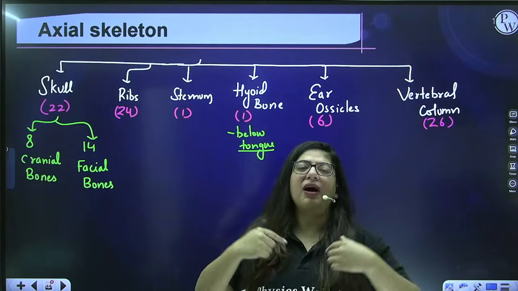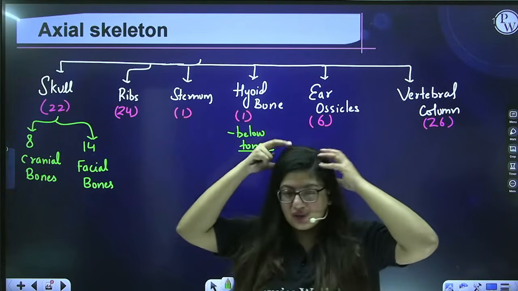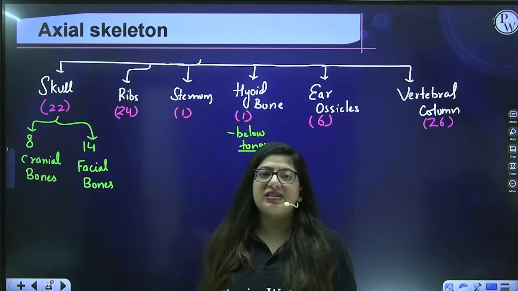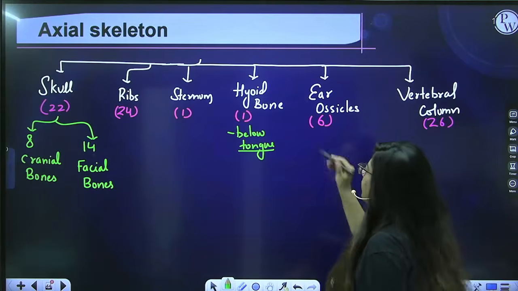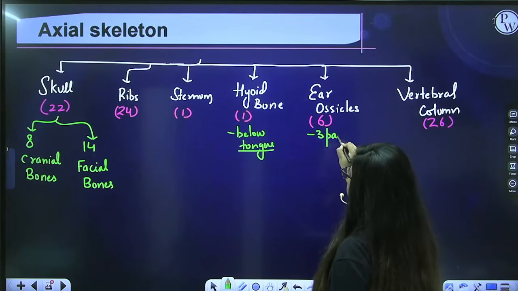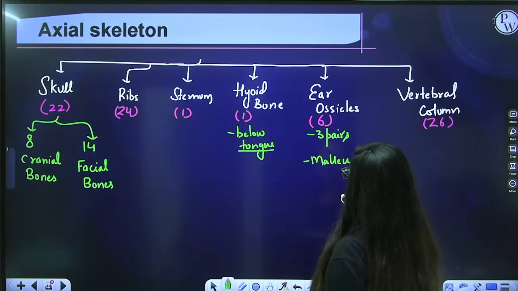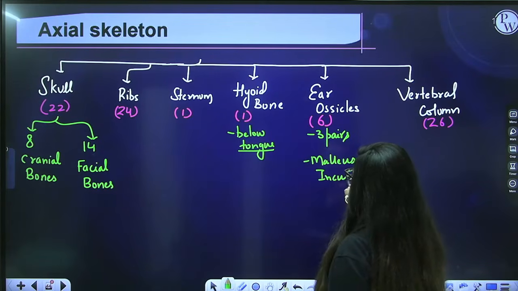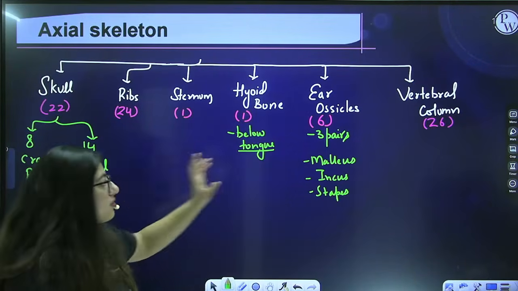So all these are part of the skull, but the skull-forming bones are 22 bones, the ones which are actually forming the skull. The ones present inside the skull are those of the ears, 6 bones, present in 3 pairs, the ear ossicles. Now, what are these ear ossicles? We have malleus, incus, and stapes. So, one in each ear, 3 here, 3 here. Total 3 pairs or 6 bones.